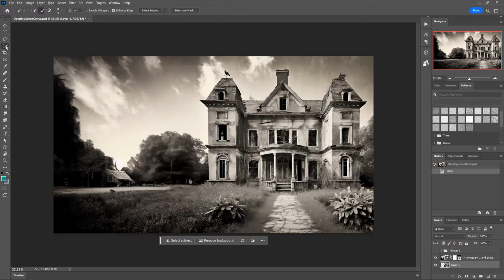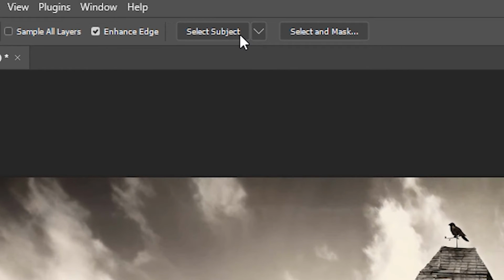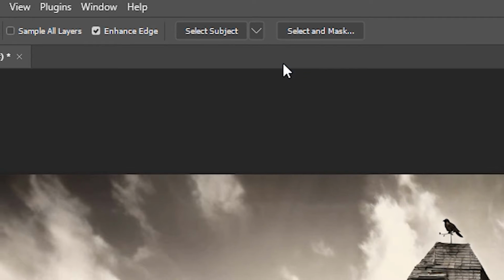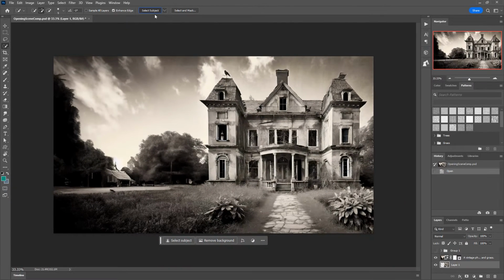To hide the house, I first need to select the outline, which I could draw manually over many minutes, but instead we have a great feature in Photoshop found under the Quick Selection tool options. The Select Subject feature by default can try to highlight the main object that is in the foreground of the selected layer through the software running locally, but also under the drop-down you have the option of sending the image to the cloud, which will generate more accurate results.